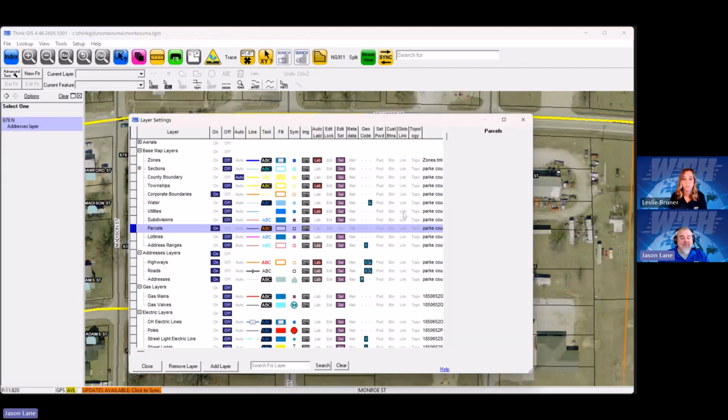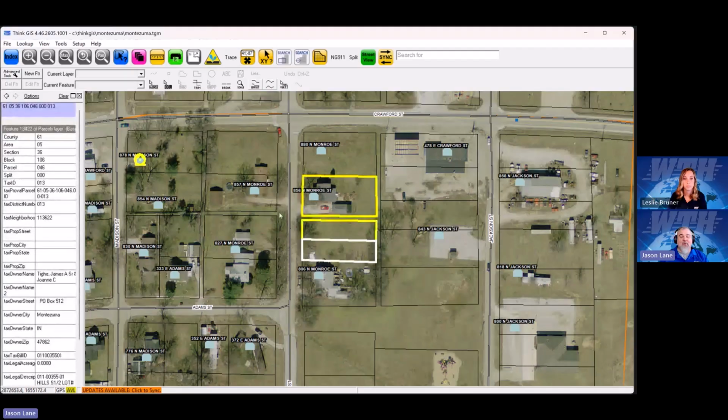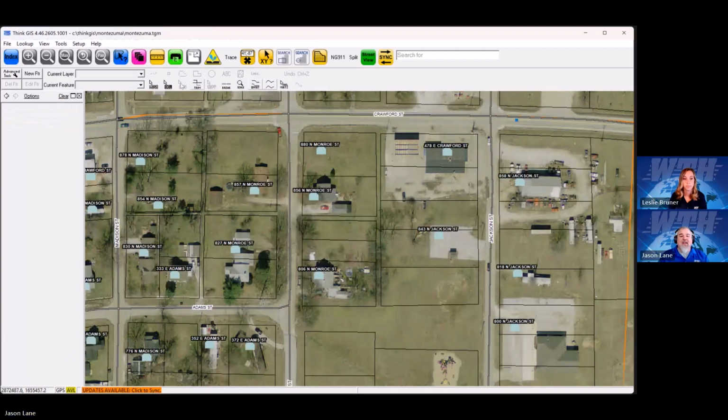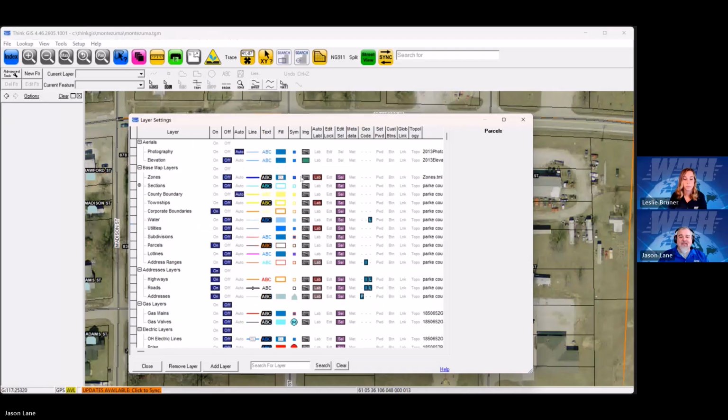And Leslie, as you mentioned, photography, here I'll check that again. So now if I come out, I can click on parcels. Aerial photography should always not be selectable. Yeah,